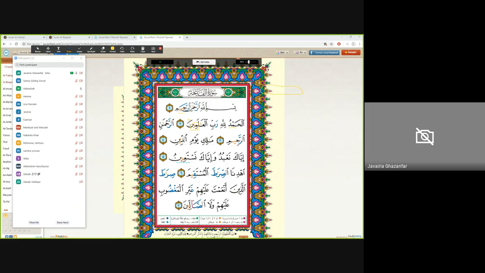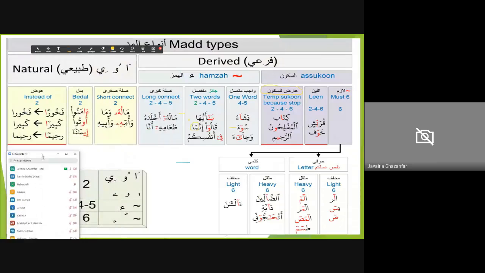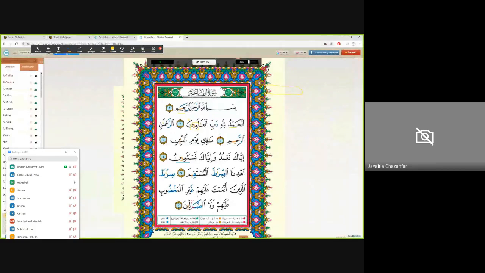This is badal. How is this badal? So let's look at our sheet and tell me how is this badal? You see there is, what is this called? Ain kasra ya sukoon. So what is this first part?